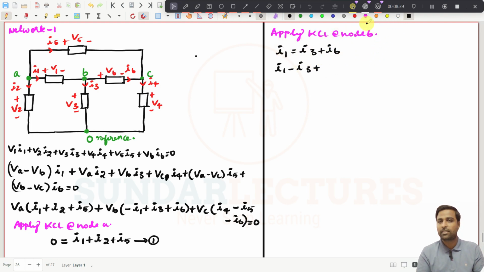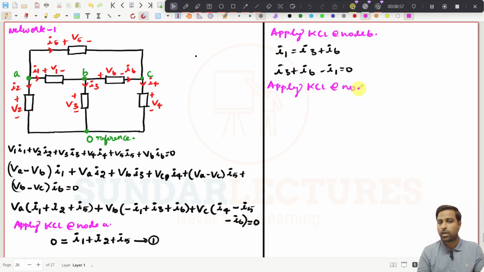Maybe you bring this one to that side. How can you write this one? So I3 plus I6 minus I1, that should be equal to 0, and likewise you apply KCL